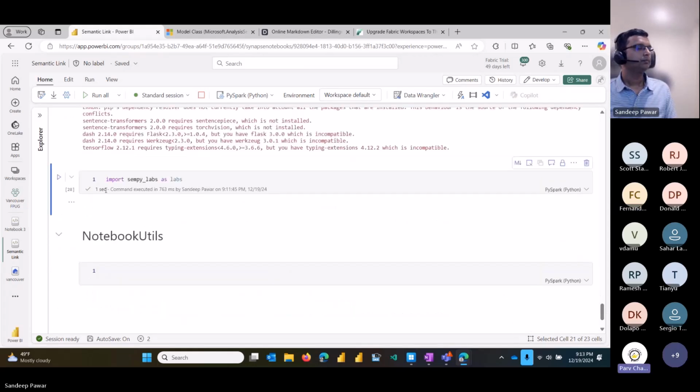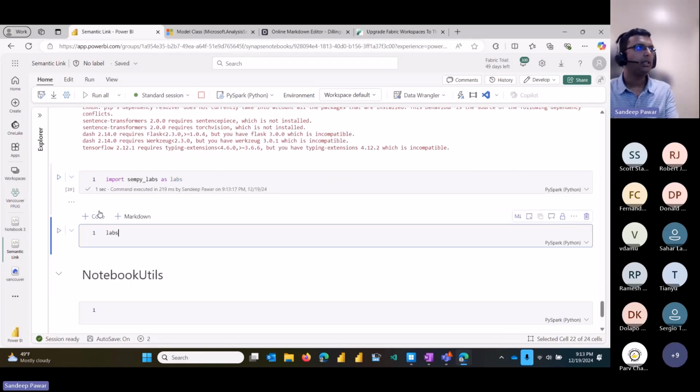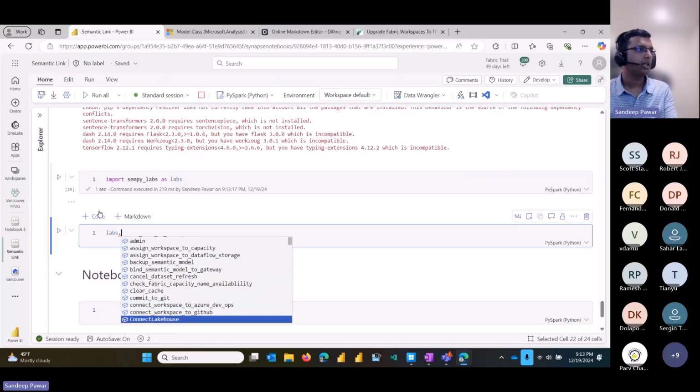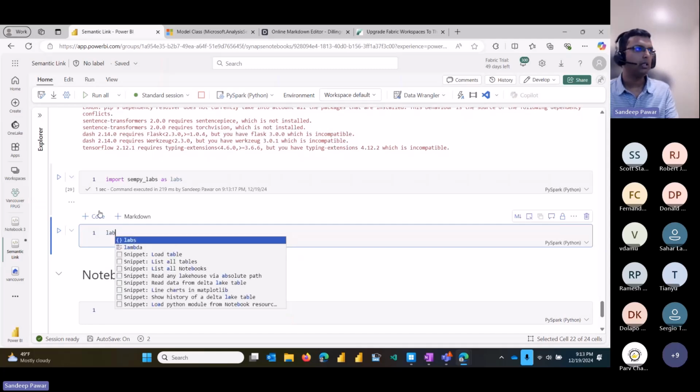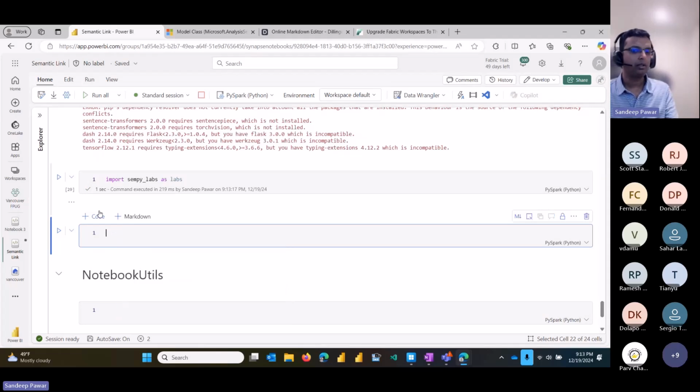Thank you. Okay, and then in labs, you can go and look at labs, and you'll see there are a ton of different functions that are available, where it says create ABFS path, and then create environment, event stream, KQL, everything. The thing that I guess for us is important is labs dot